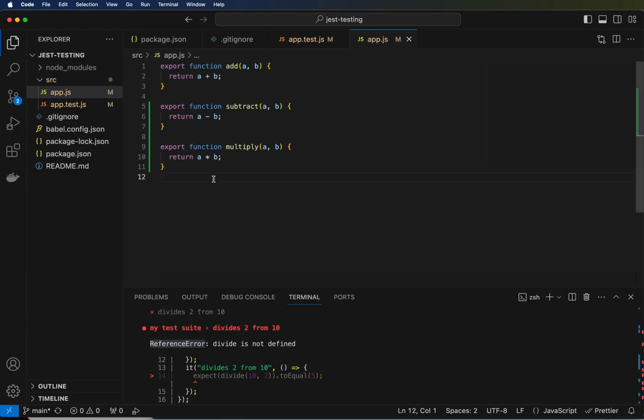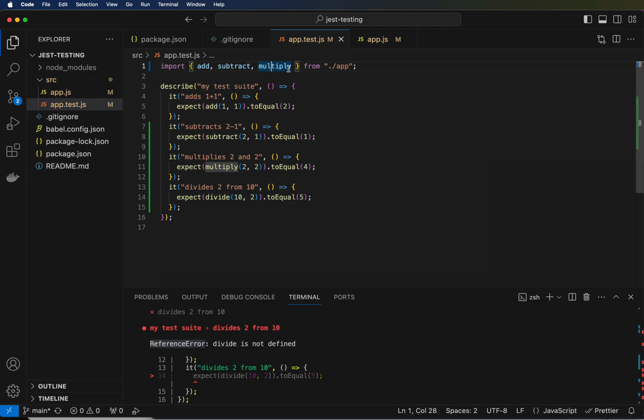So let's go over here and create divide. So copy, paste, paste. And this gives me divide and A and B. And we can return 0 again. So we get the failure. So if I save that and then go over here, we're going to make sure that we